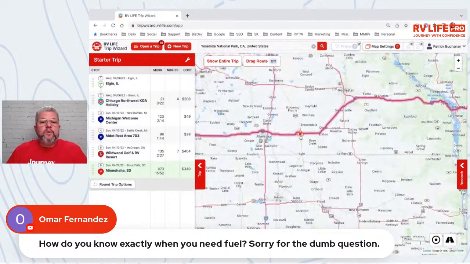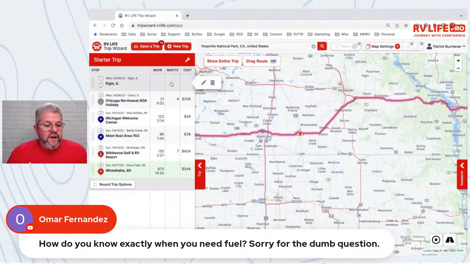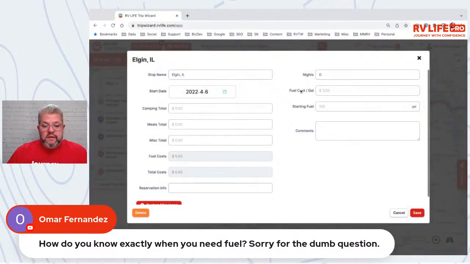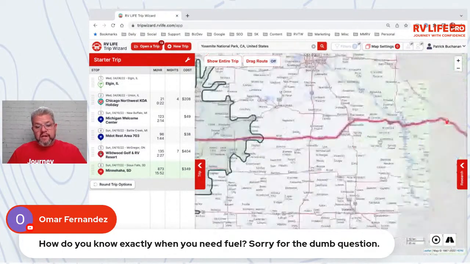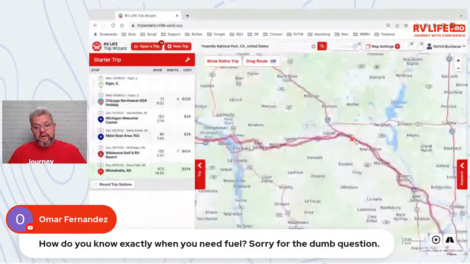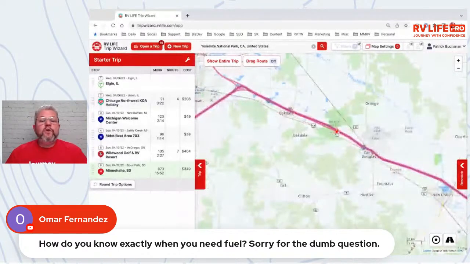Now that presumes that I'm leaving my starting location with a full tank. If I'm not, let's say I go out to my driveway and I see I've got half a tank, I come in here and edit, and I say I don't have 100 gallons, I have 50. Now my fuel stop is gone because it's been recalculated and says, hey, you need fuel back here. And of course, if I add fuel here and I tell it virtually that I'm filling up,